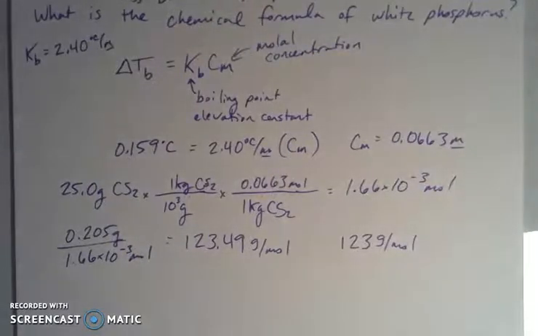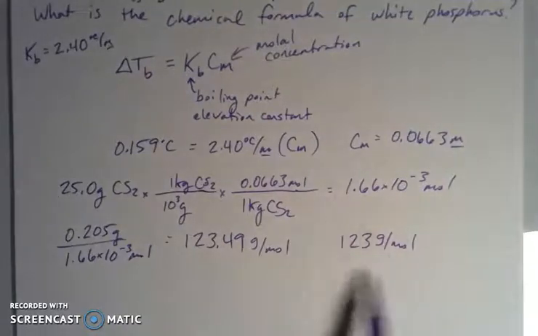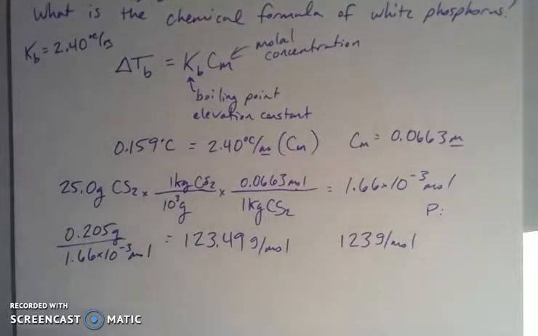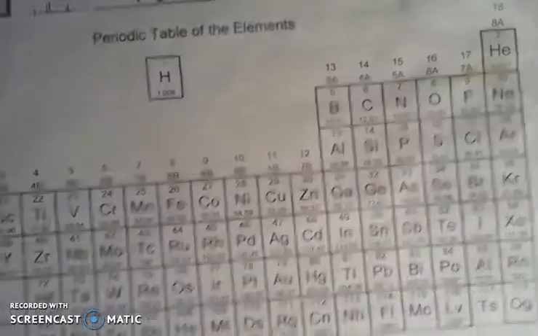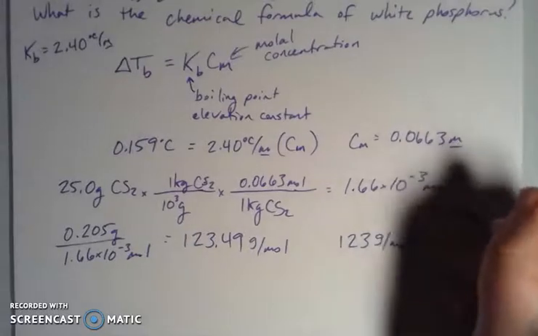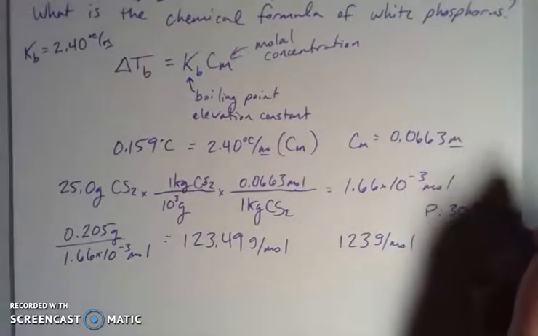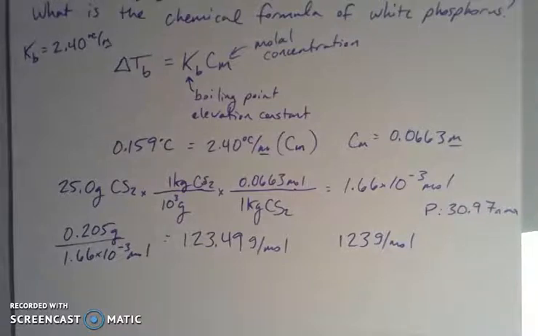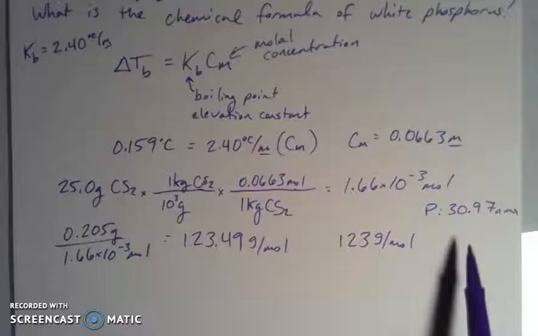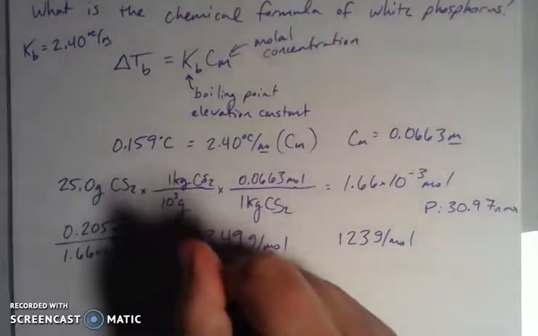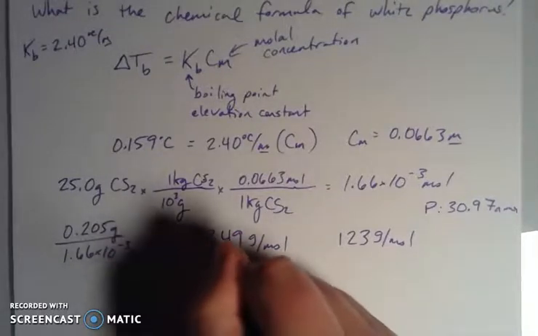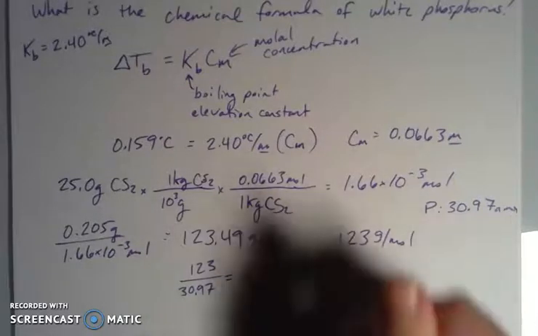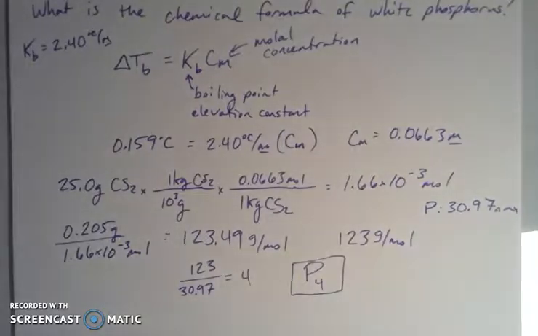And then if it's asking me for my chemical formula, then I need to look at how phosphorus itself compares to this. So when I go to my periodic table and look for just one phosphorus atom, I see it's 30.97. So that's my AMU here. If I look at this and compare it to what I have here, then I obviously have more of them, right? So if I figure out by how many, I divide this by this, then I end up with 4, which is a nice round number. So how many times does that 1 go into this number? That gives me 4, so that means that my chemical formula for this white phosphorus is P4,